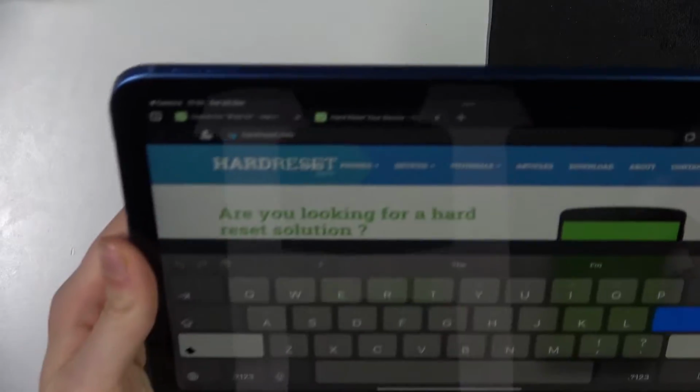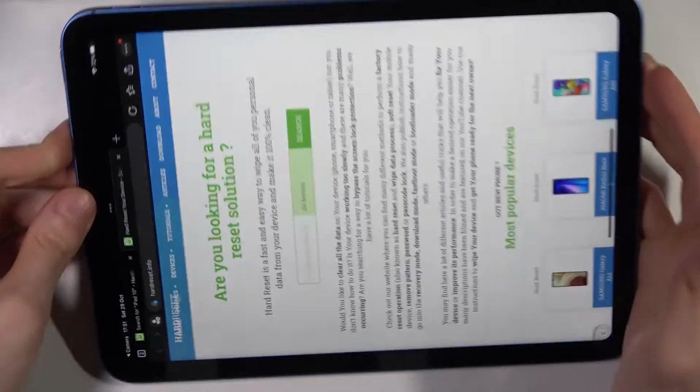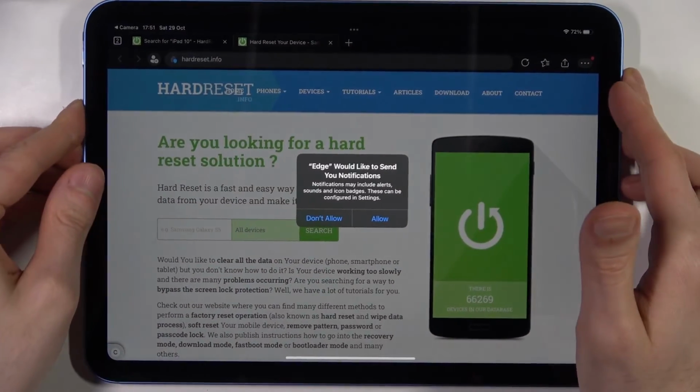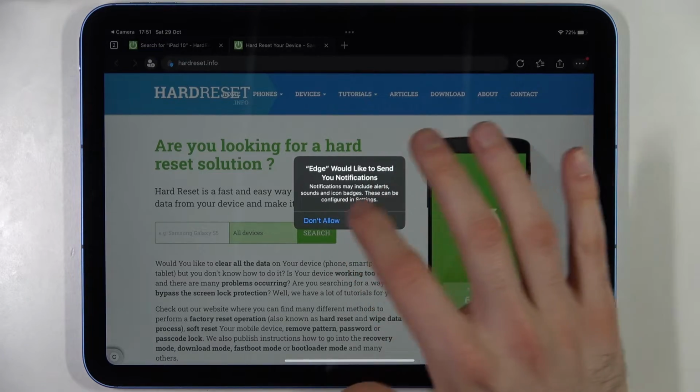But yeah, that's how you can open it. And as you can see, this is which page is encoded into this QR code, so that's how you can easily access it just by scanning this QR code. So yeah,